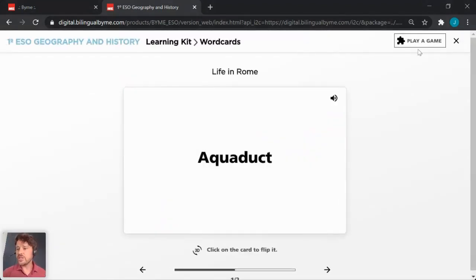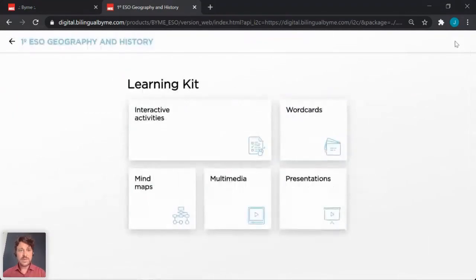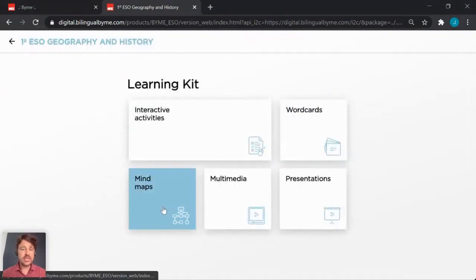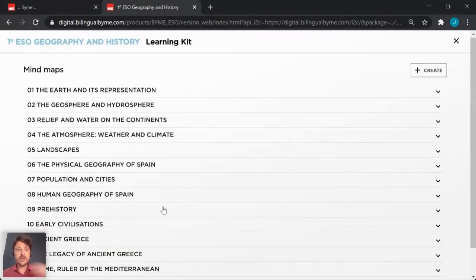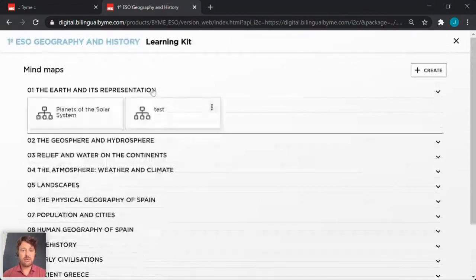Now, something else which is new for this version of the digital product is this mind map section. Now, other ByME products have included mind maps. In fact, mind maps have been kind of a fundamental part of ByME products for years. The difference with this is the fact that these are editable, and you can create your